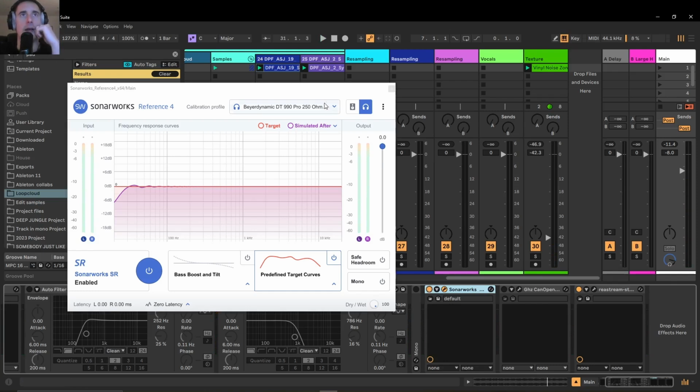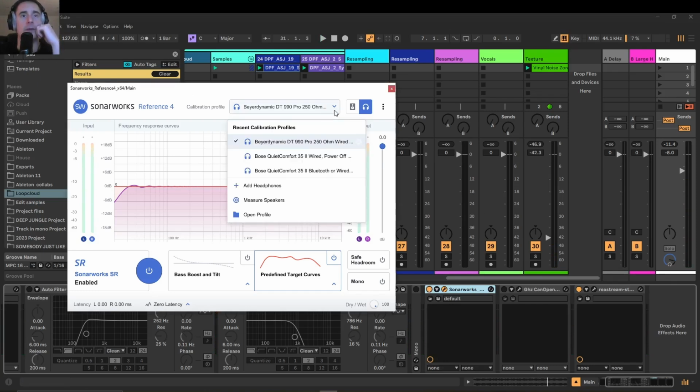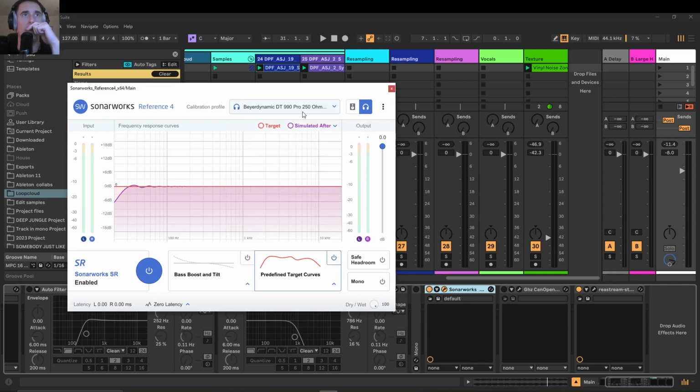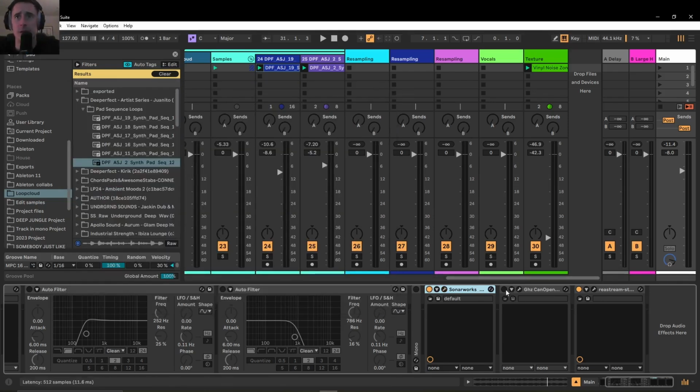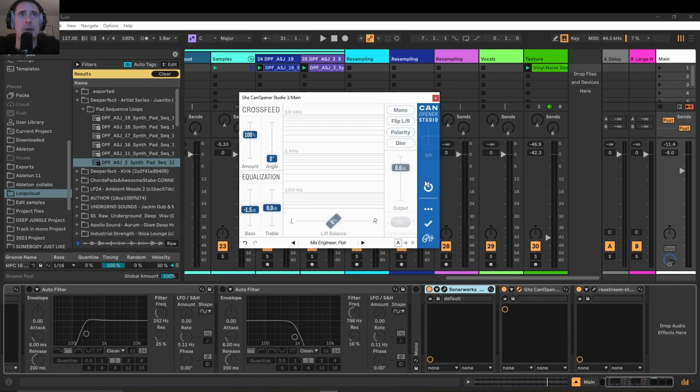It has most of the key headphones on the market already programmed in here. Even if your headphones aren't on the list, I believe there's a way to get them added if you speak to the team. This is a really good VST to use in combination with this second one here, which is called Can Opener by GHZ. It's effectively replicating what your track would sound like in a club. So flat, they call it a flat sound,